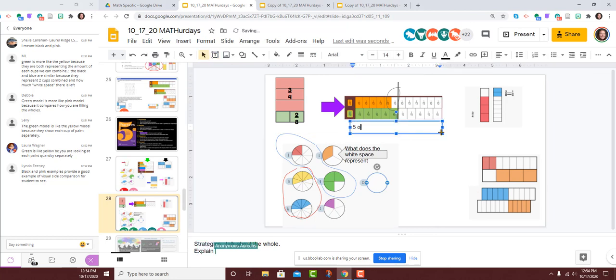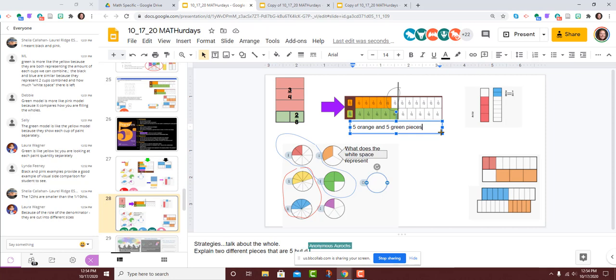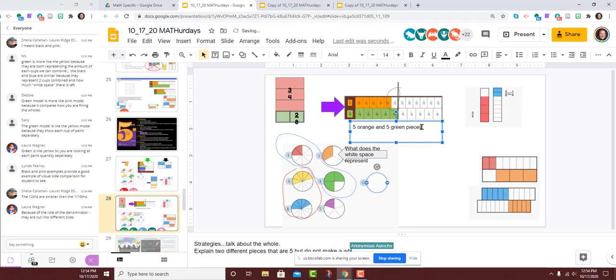Because they're both 5, but there are 5 pieces out of a different total number of pieces. So the more sections the whole is partitioned into, the smaller each section is. I think I got your voice on here.